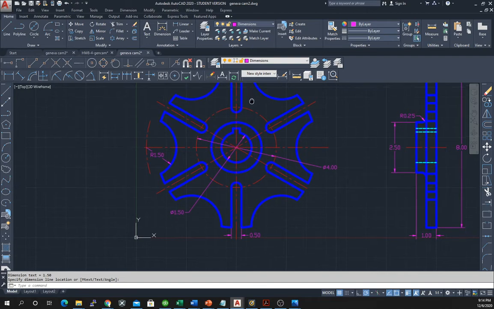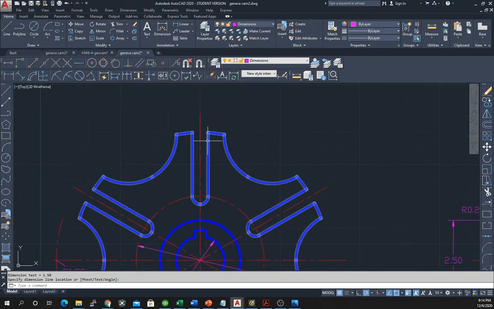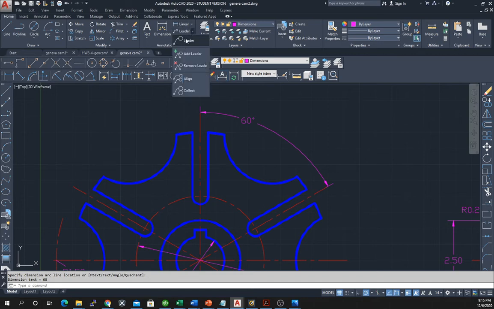We have to do the arc over here, and we can do that by selecting arc, and then we select this line and that line, and then we just pull it up and we get our 60-degree angle. And then our keyway we can set by pulling out a leader, and within dimensions we can grab a leader here,